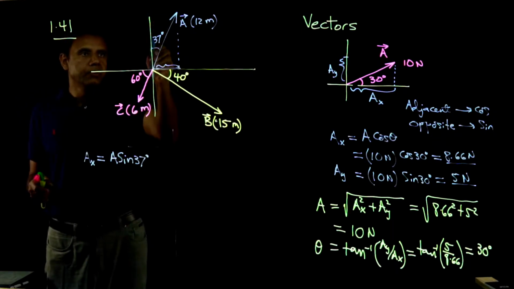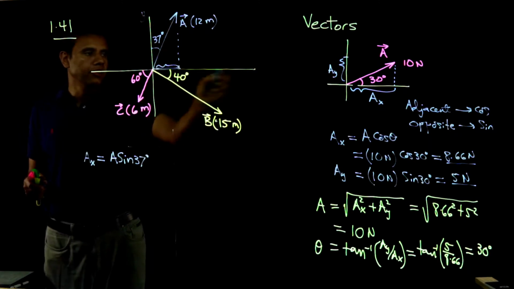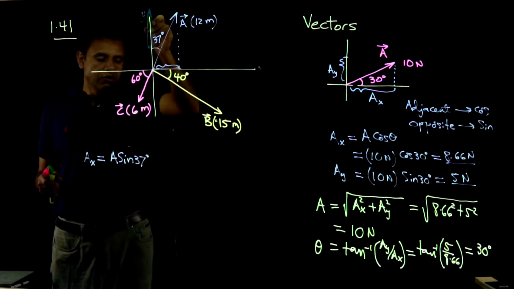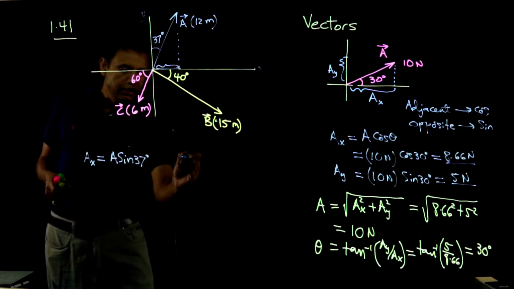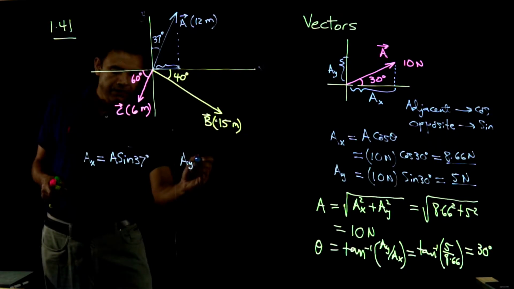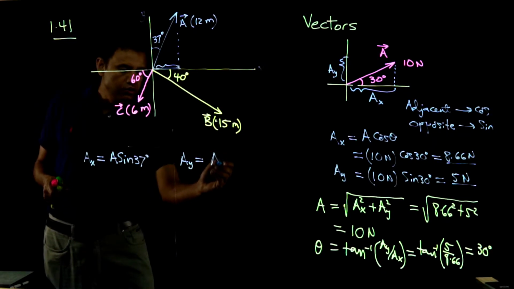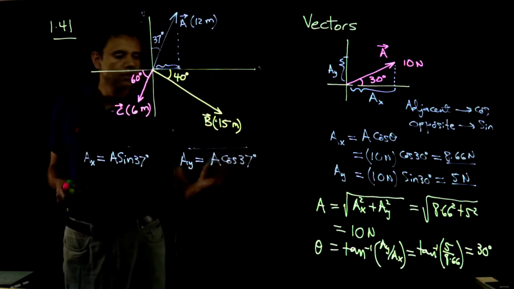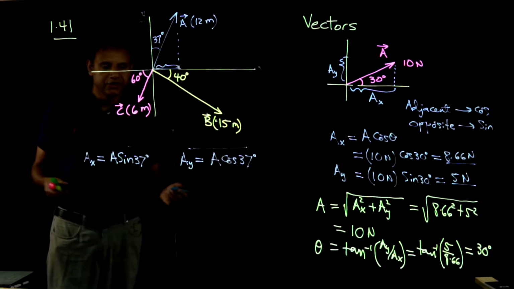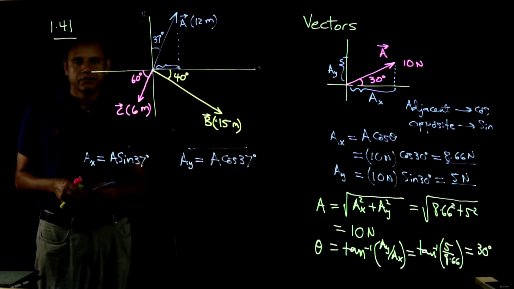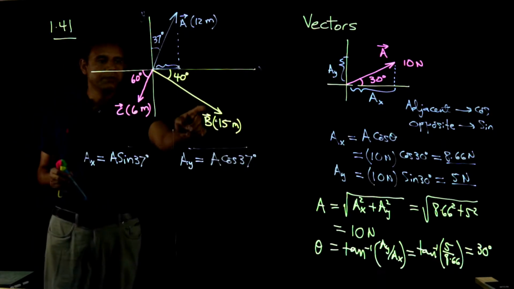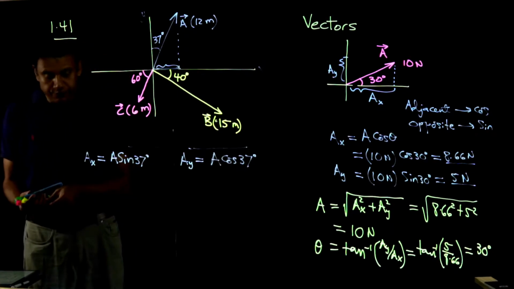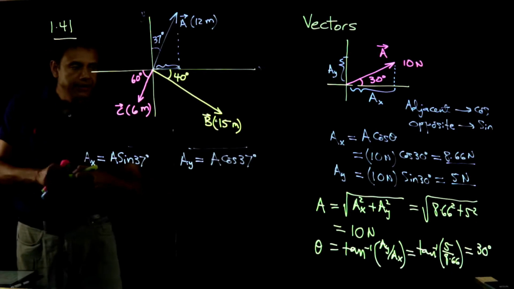So the y component, y is along this, and x is along this. So y is, you can write Ay equal to A cosine 37. Okay, so that's all. That's the x component and y component. Okay, so let's go to B. So for B, I'm going to write Bx